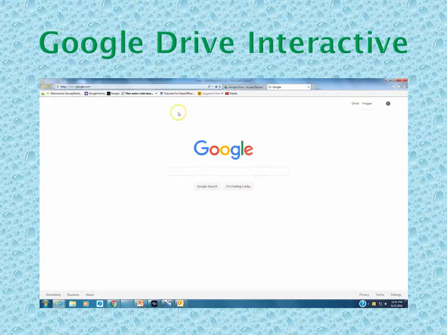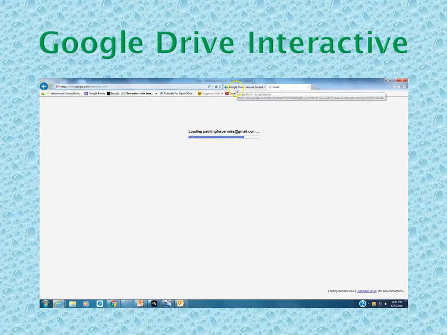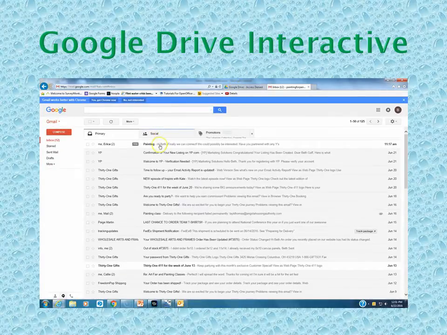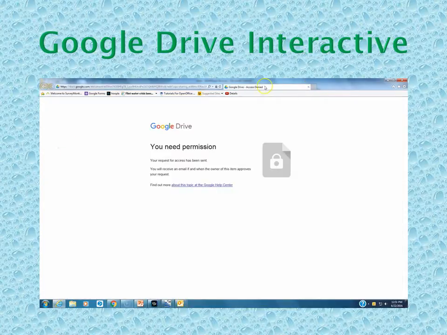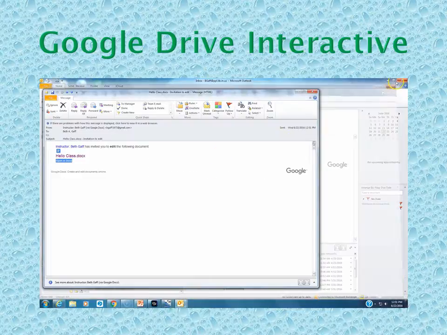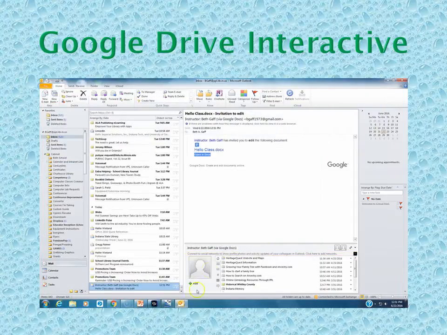So then I have to log into another account that will allow access. But I'm not seeing it in here. So once I get that to come through, oh, it says I was denied. That's okay. But that's how you're going to collaborate. That's how you're going to send it. That's how you're going to get it going.